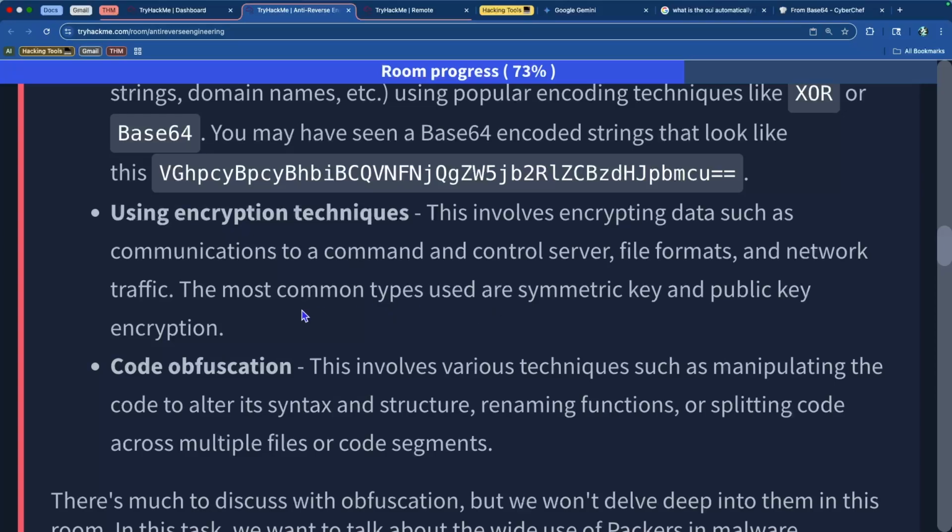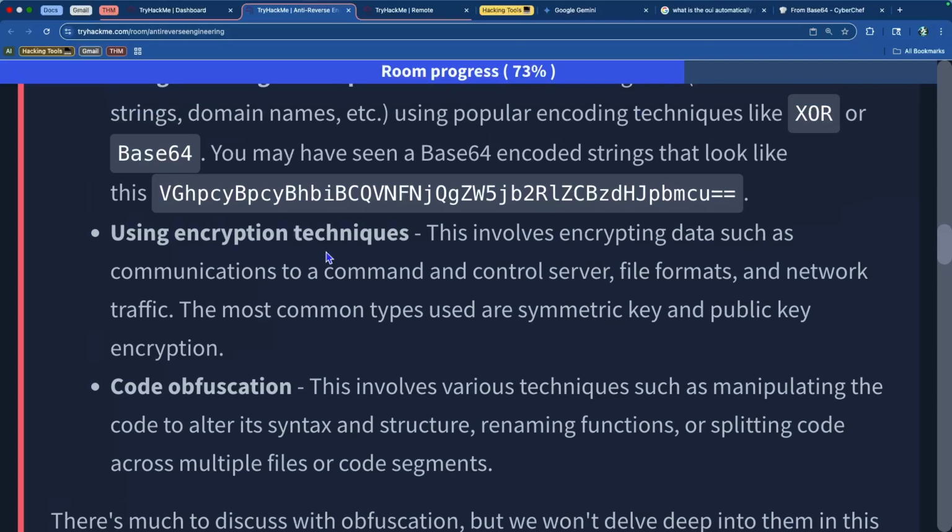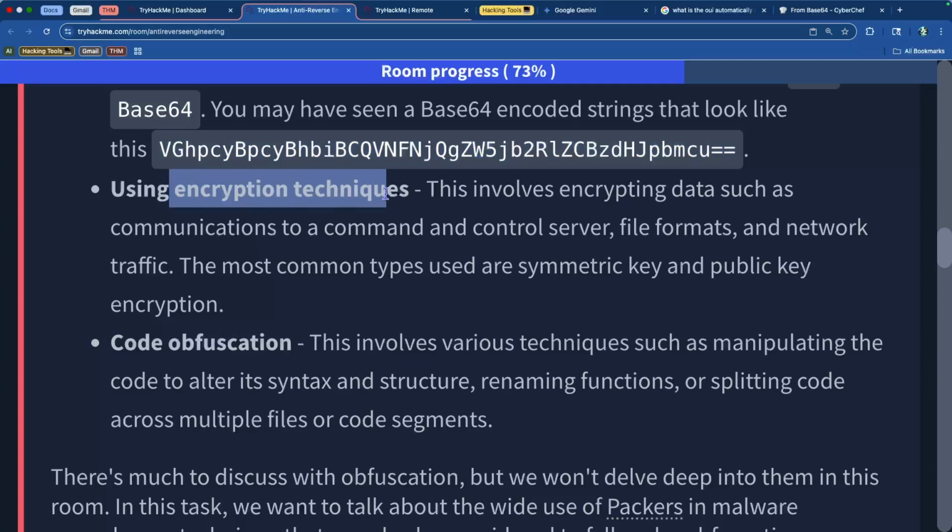Using encryption techniques involves encrypting data such as communications to a command and control server, file formats, and network traffic. The most common types are symmetric key and public key encryption. Symmetric is private key, public key is asymmetric. So these are encryption techniques that would encrypt the strings and the value so that you can't even decipher it. So this is encoding, and as you saw, it's very easy to decode an encoded string, not so easy to decrypt